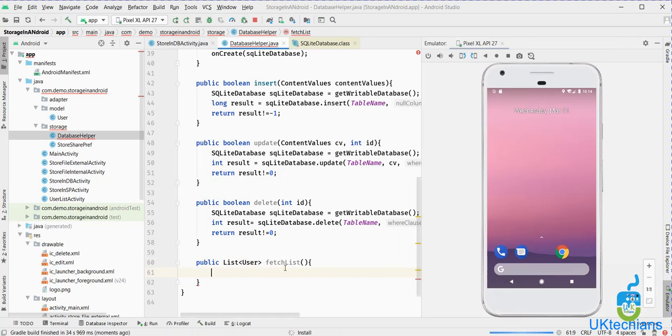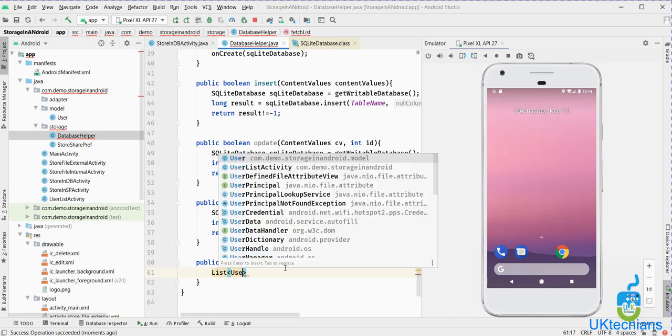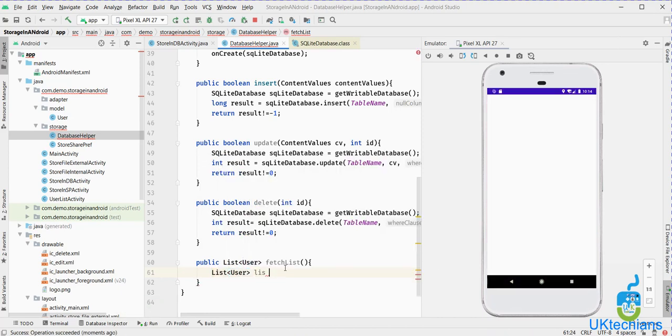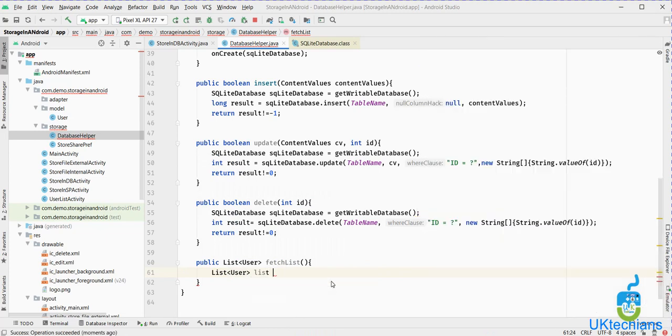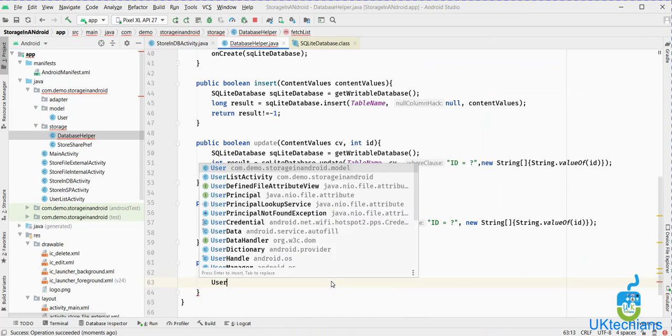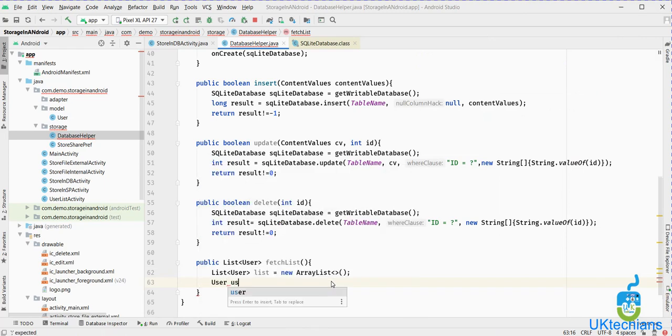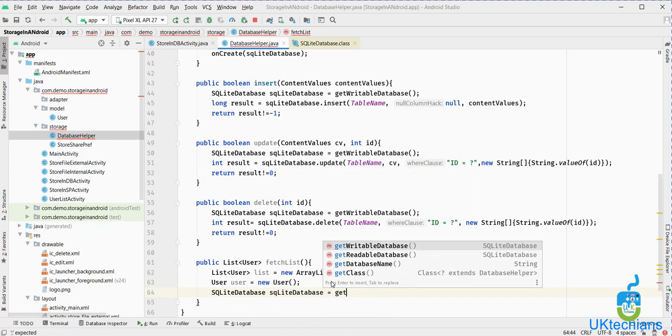First of all, we have to initialize a list here, which is user, and we will say list equals to new array list. Now we will create a user object also over here, user equals to new user, and then we will use SQLite database equals to get writable database.